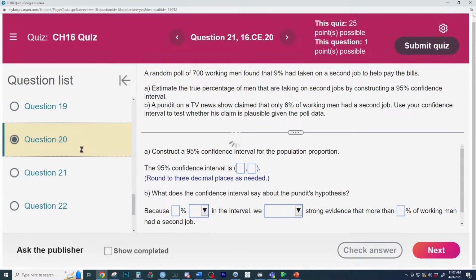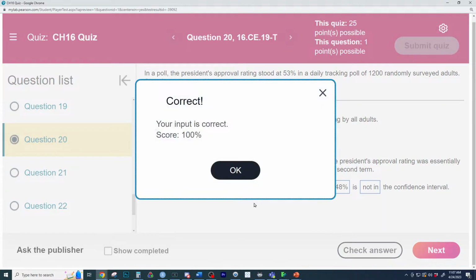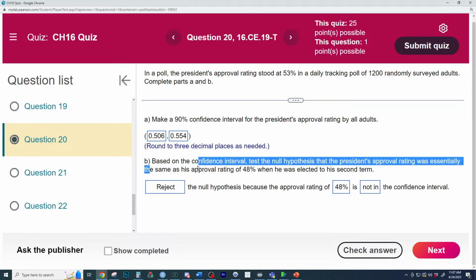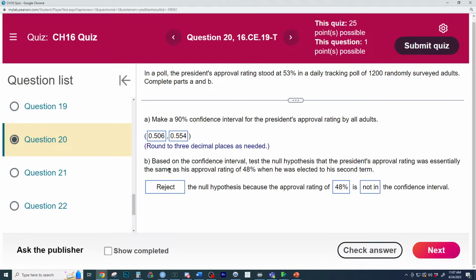Oops. No. Please tell me we didn't lose our work on that. Check answer, 100%. Yep, that's it, Sloan. So this points to how you can use confidence intervals to do hypothesis tests. So it's the same thing as doing a two-tailed test to say it's the same as or not the same as. Notice that they do the same, which would be the alternative. It's not the same, which would be the does-not-equal alternative. So you could use this 90% confidence interval to reject 48% at the 10% alpha level, or you could say it's greater than with a 0.05 alpha level.